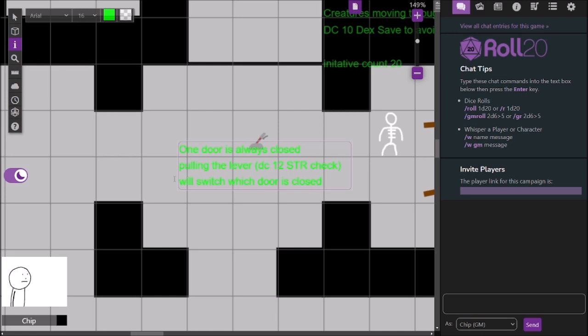But it also means that if you do go the other way and you're being cornered and chased by that monster, that door's not going to open. It's a giant metal door. You're not going to be able to open that. So you've got to be careful about your route. You've got to plan your route. You've got to make sure that you don't accidentally get yourself trapped in a room with a monster. And it's a very simple gimmick, and I think it is going to work really well. Hopefully it does. And I put a DC 12 strength on it because DC 12 is pretty simple, but also